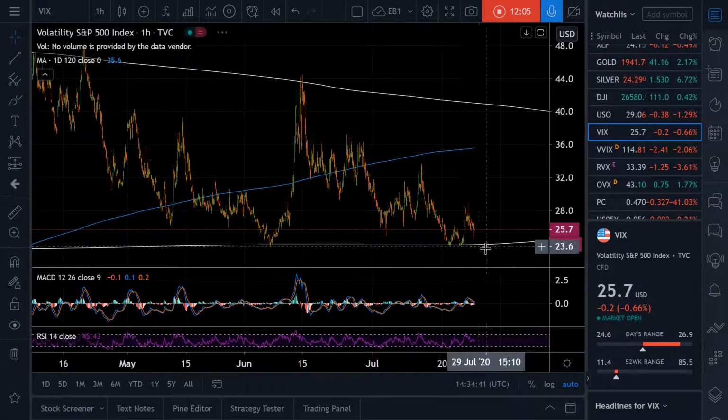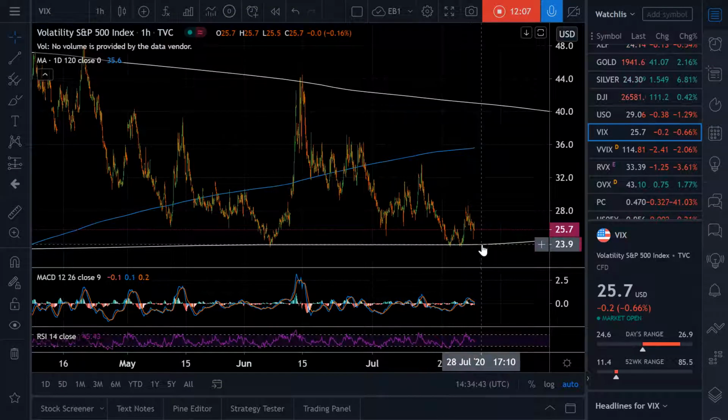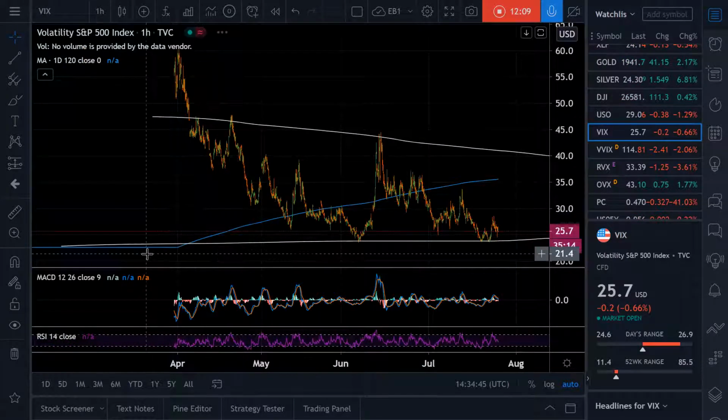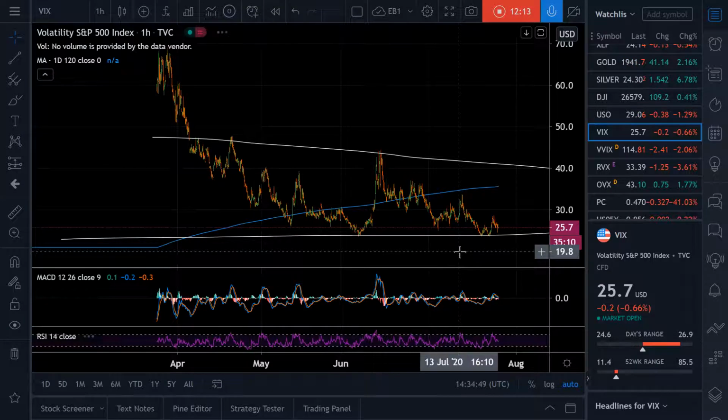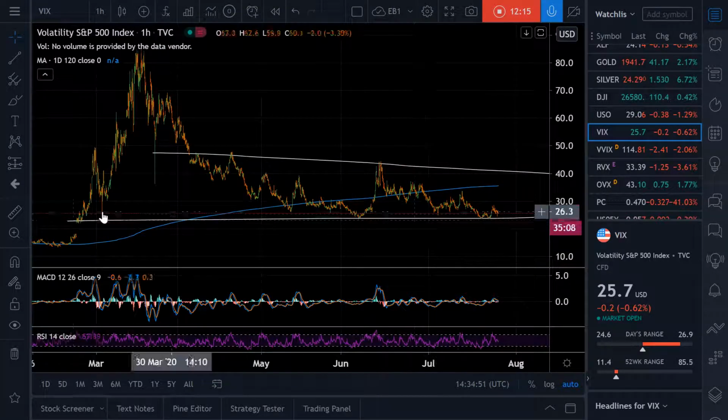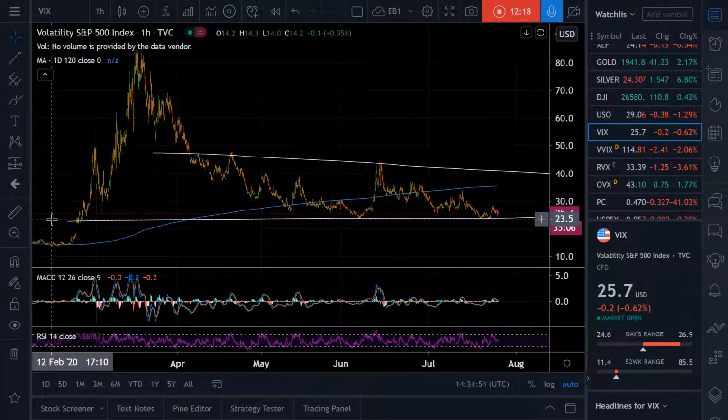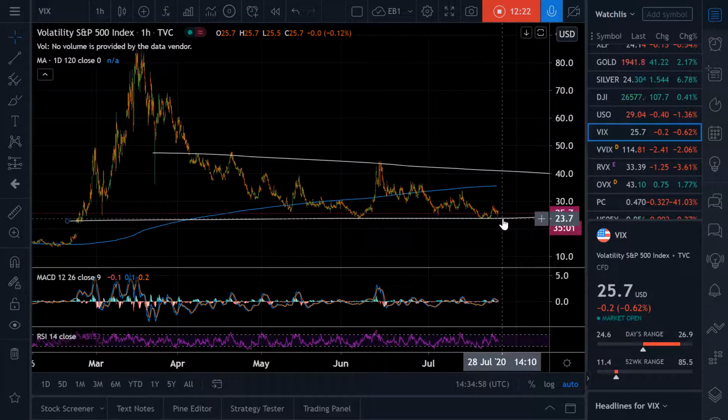Okay, so the VIX kind of found support down here above this gap, and so it hasn't broken down out of the high volatility range, but it's close to it. Yeah, you can see the gap back here. It's close to support again here,